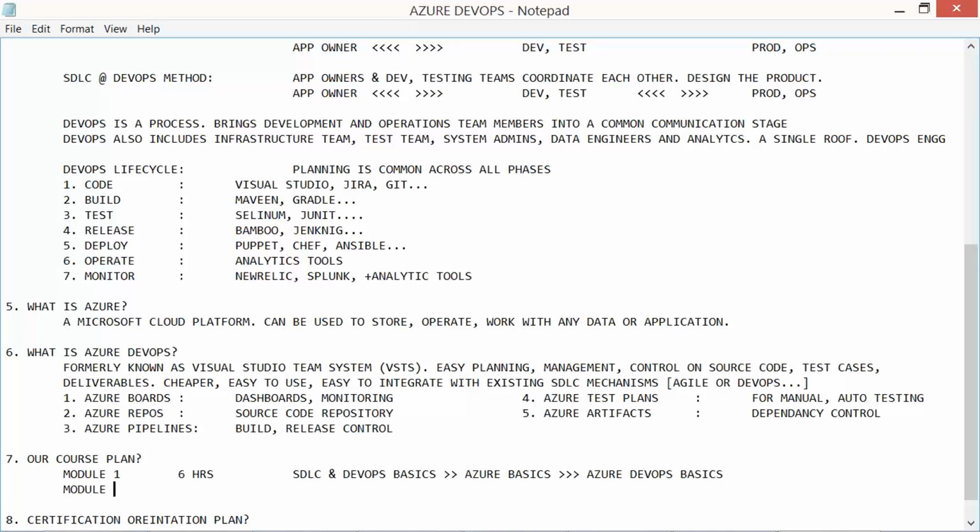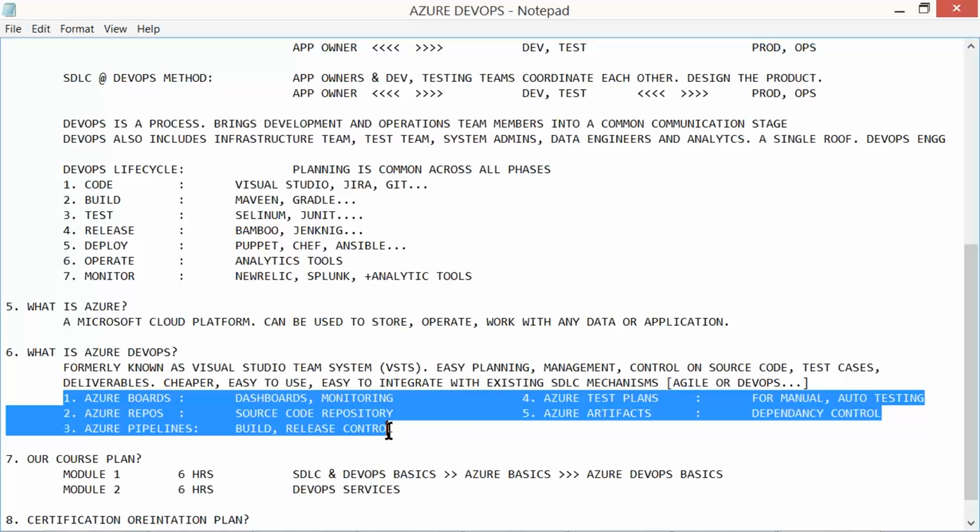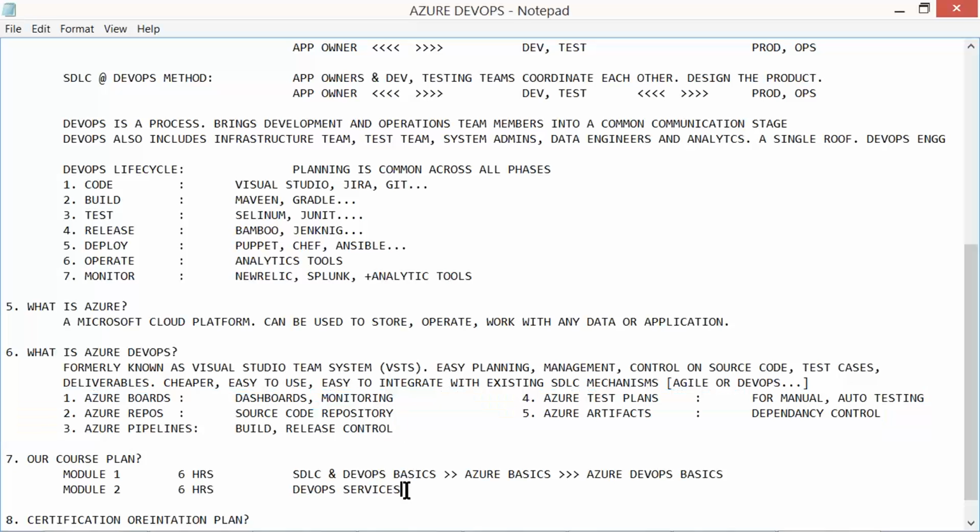Module 2 would be for the next 6 hours. We'll understand the implementation of DevOps services. What are the DevOps services? Here it is. The 5 services are there, right? 5 services and integration of all these together. All 5 services to be taken in great detail, one by one.